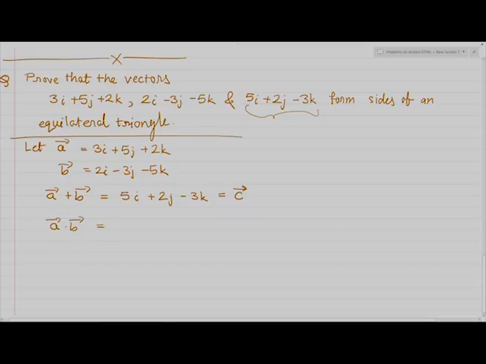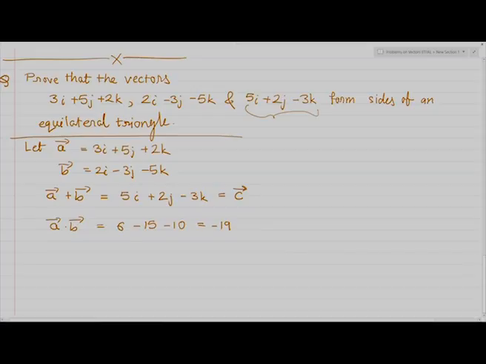It is very easy, it is component wise. 3 into 2 is 6, 5 into minus 3 is minus 15, and 2 into minus 5 is minus 10,